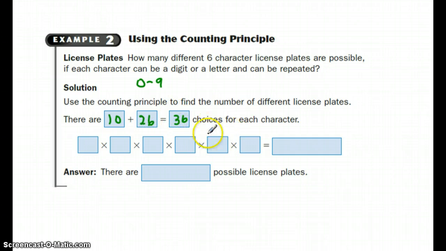different choices. Now we're going to take that 36 and we're going to multiply it 6 times because that's the number of different characters in the license plates that are going to be possible. So in a sense, what we're doing is we're taking 36 to the 6th power. 36 times 36 times 36 times 36 times 36 times 36. And if we multiply all that out, we will have